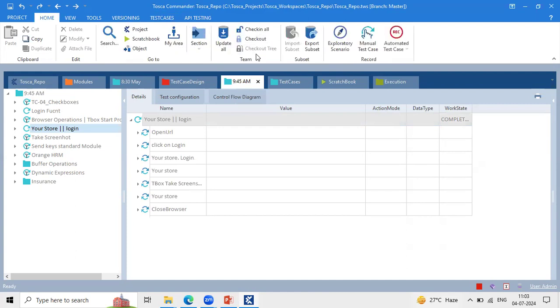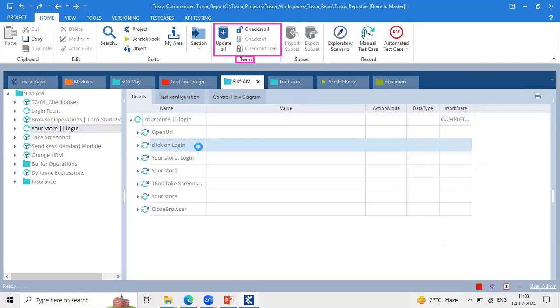Are you able to see the Team? Even you can see the naming here is Team. Those who are working as team members must know exactly what these features are. These are all multi-user environment features. The same project I'm working on, one of my team members is also working on, and another team member is also working on, but they are using different laptops. Initially we are connecting to the same repositories and same working culture.